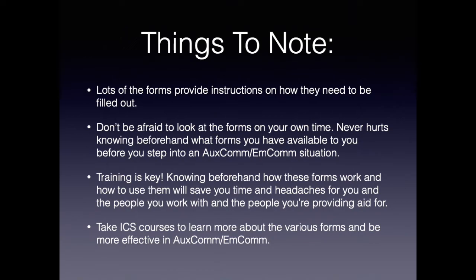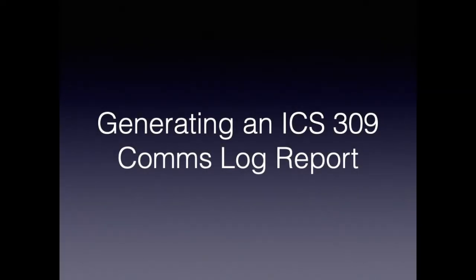Cool. So that's a quick thing on forms. Does anybody have questions on forms? Cool. We'll talk about, real quickly, an ICS 309 communications log report. Phil, is that something that's...